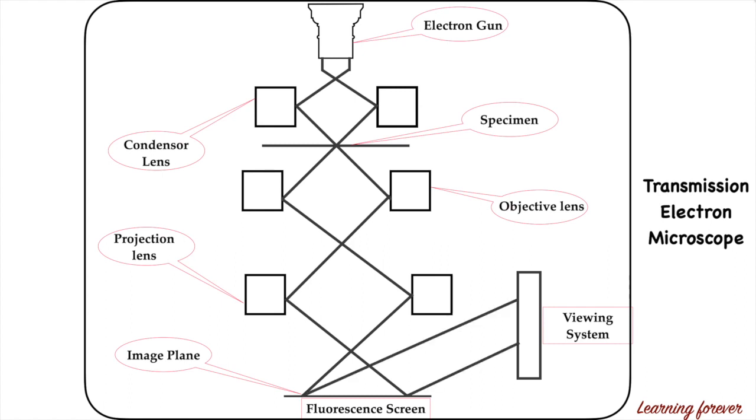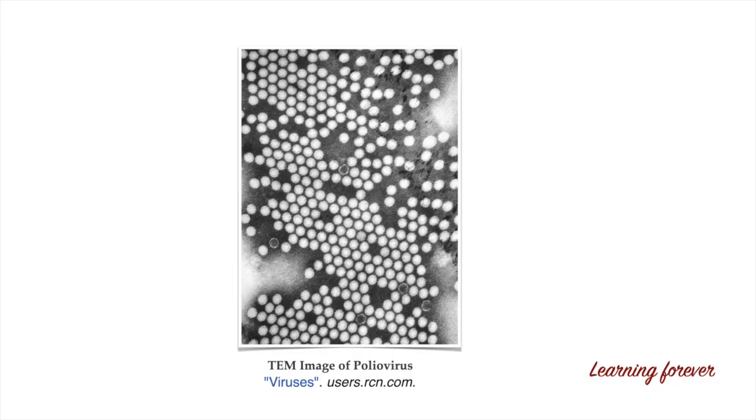The last component of the electron microscope is to view the image. Fluorescent screen and viewing system is used to see the image of the specimen which is formed due to electron microscopy. So at the end, you can see such a high resolution and magnified image of the sample. We know that samples like viruses are too small to study under the compound microscope. So you need a microscope with very high magnification and resolution. Such samples like viruses can be properly seen under the transmission electron microscope with very good magnification and resolution.